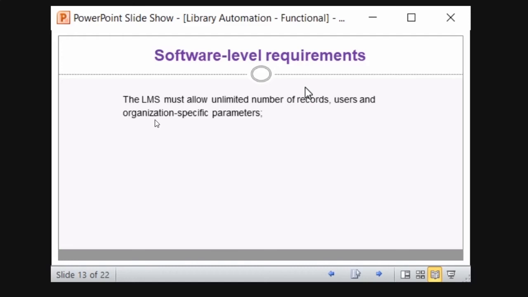For every additional book you have to pay, that is a waste, right? So you have to check. It should allow unlimited, because every year they will purchase books and records, and other resources. So it should allow an unlimited number of records. If only 100 users can enter, that is also not possible, because every year students will come and students will go out, and faculty will be there, non-teaching faculty will be there, and other subsequent staff will be there, right? So the provision for these should be unlimited. There should be no definite number. It should be infinite. You need to ensure this, right?